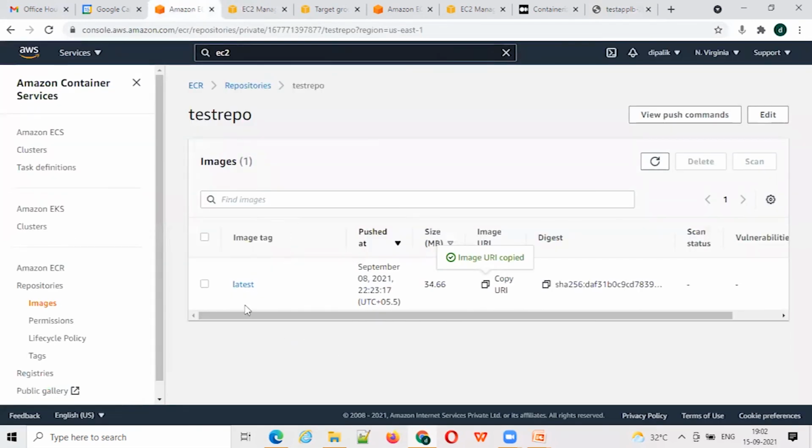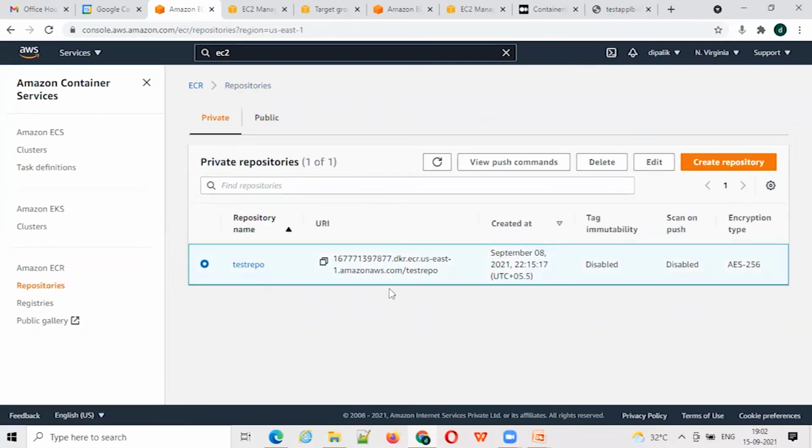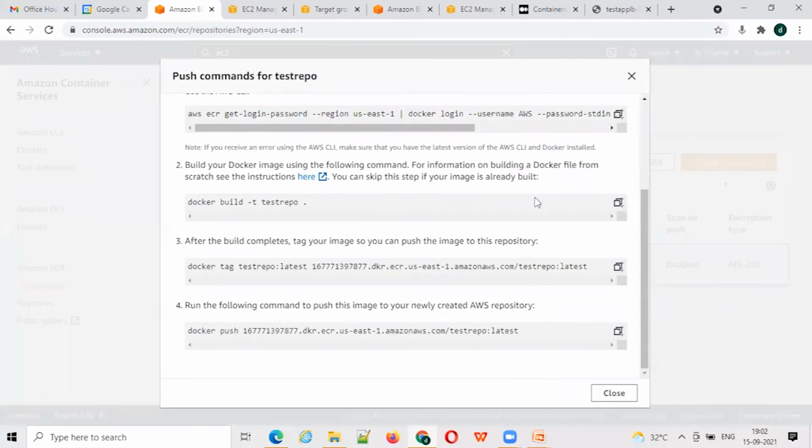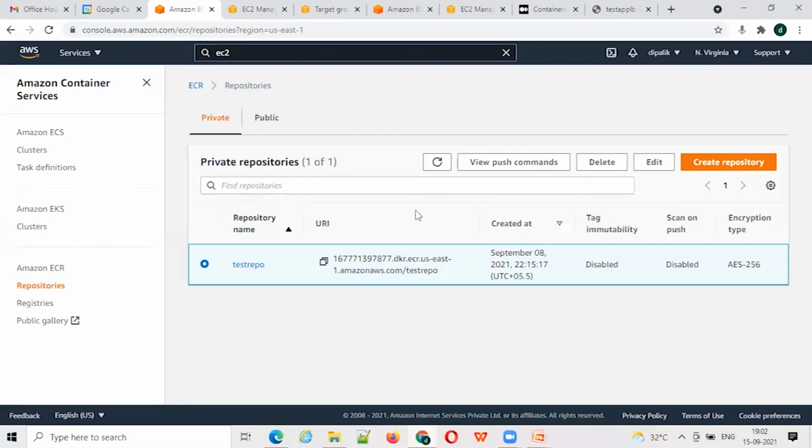All right, so this is it. What all things did we do? We created one basic application which returns hello world. Then we containerized that application, and then we stored that container image in the ECR. To see how to push that image to the ECR, let me go a step back. If I select my repository here and hit View push commands, you will get all the commands to push your local Docker image to the ECR repository. So this is how we push the image to the ECR repository.